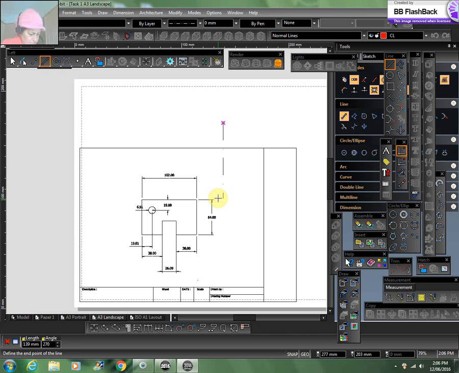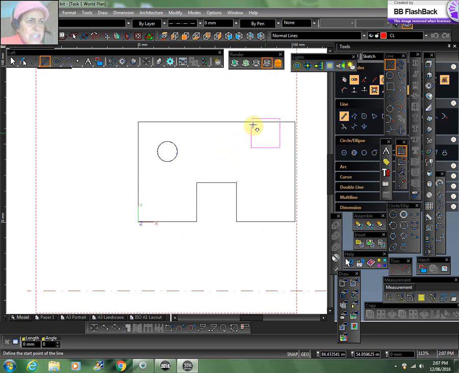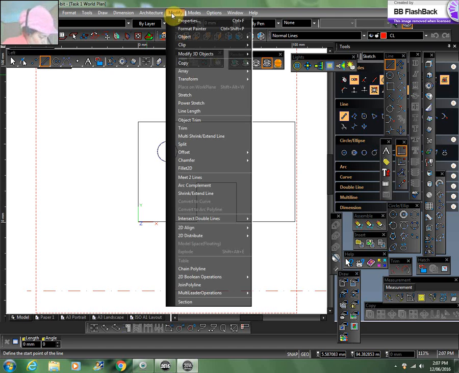So we went through here, and now we go to the model space, and then we want to create a 3D object from this 2D object. We just go to Modify and Join Polyline at the bottom, and when I click Join Polyline,